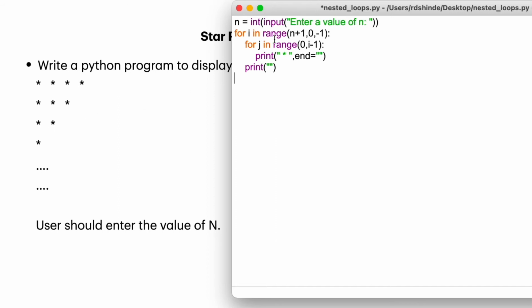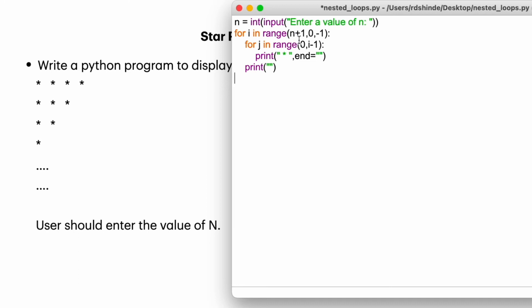Now let us focus on the logic. Here our I is ranging from n plus 1 to 0 because we are moving down. First we have more stars, then the stars decrease gradually. In our first row we have n stars, but here 0 is excluded, so we cannot start from n.